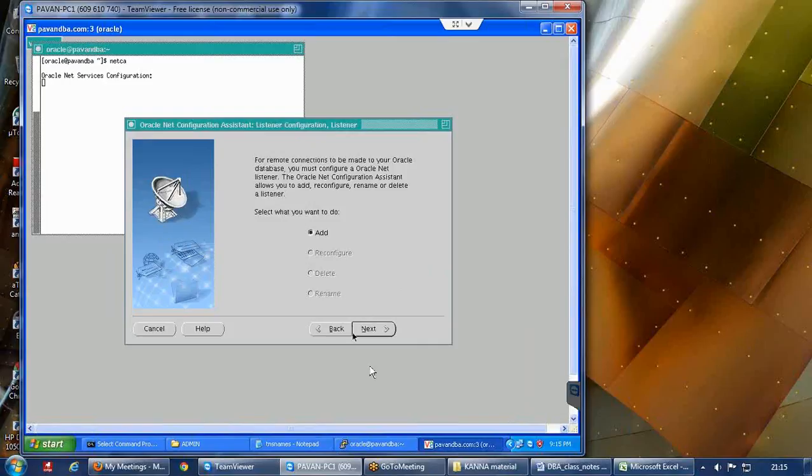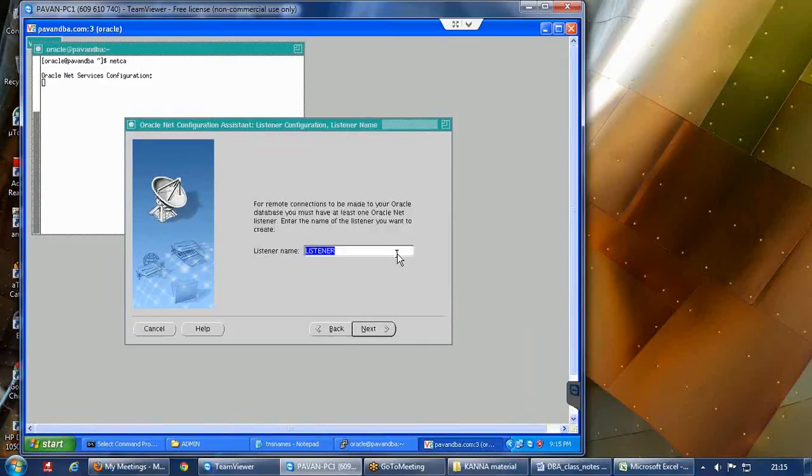Then add, you are going to add a new listener, and here you need to decide the name of the listener. If you don't specify anything, the name of the listener will also be listener, but I am changing my listener name to listener_proddb, specifying that this particular listener will listen to the database.